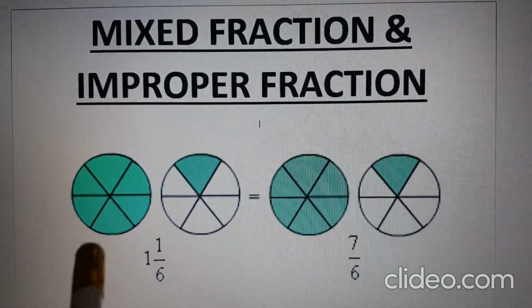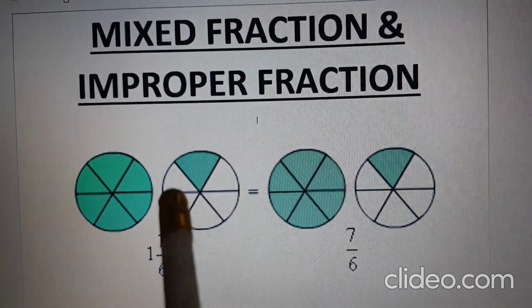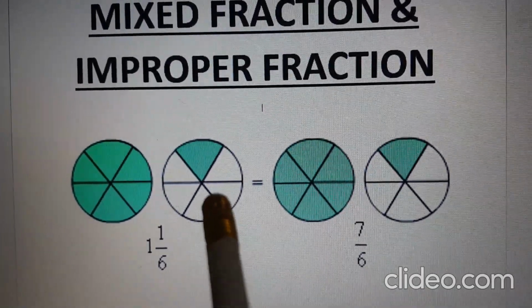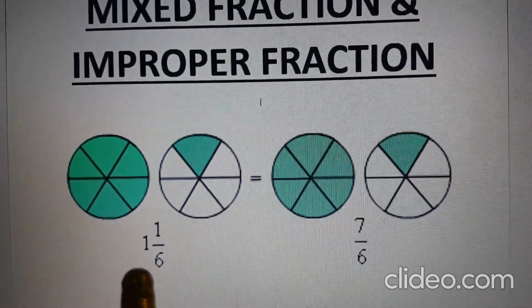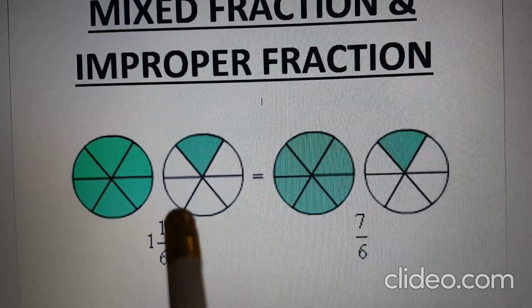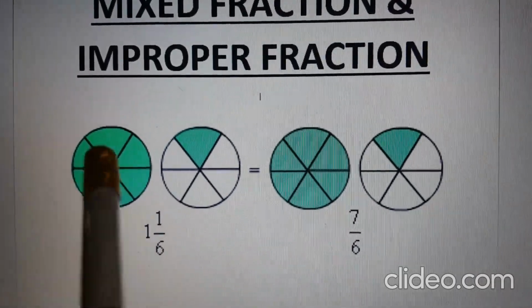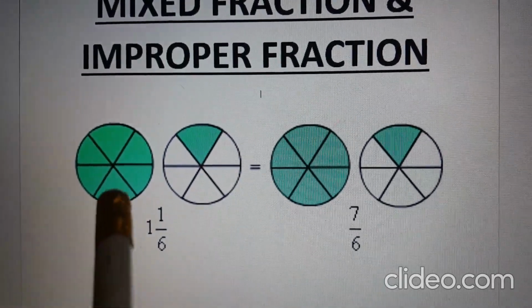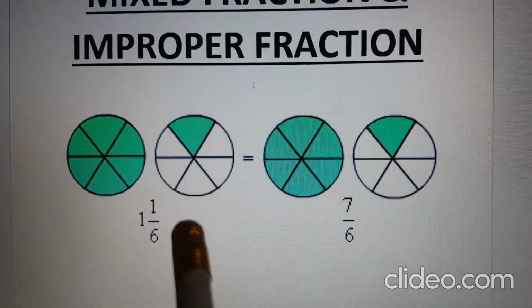You ate 1 full pizza. 1 full pizza you have eaten and 1 part out of 6 parts of the other pizza you have eaten. दूसरे का 1 part जिसके 6 parts थे आपने उसका 1 part खाया. In all आपने 1 whole 1/6 pizza खाया. 1 whole and 1/6 of the other. 1 whole 1/6 pizza you have eaten.